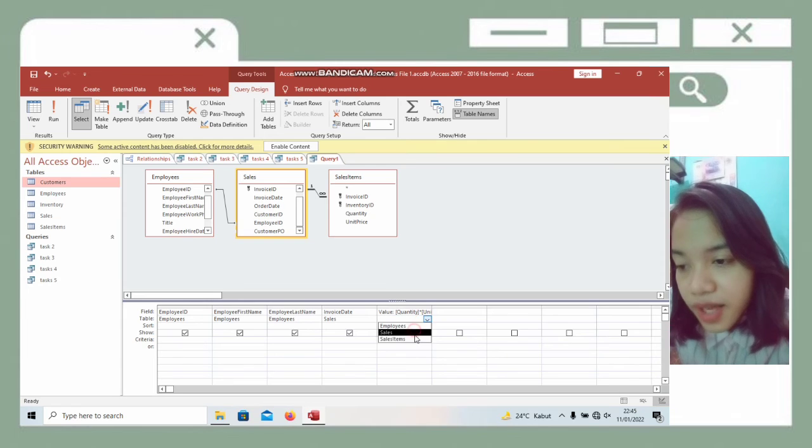Then choose sales item and then right click, choose Total and choose Sum.